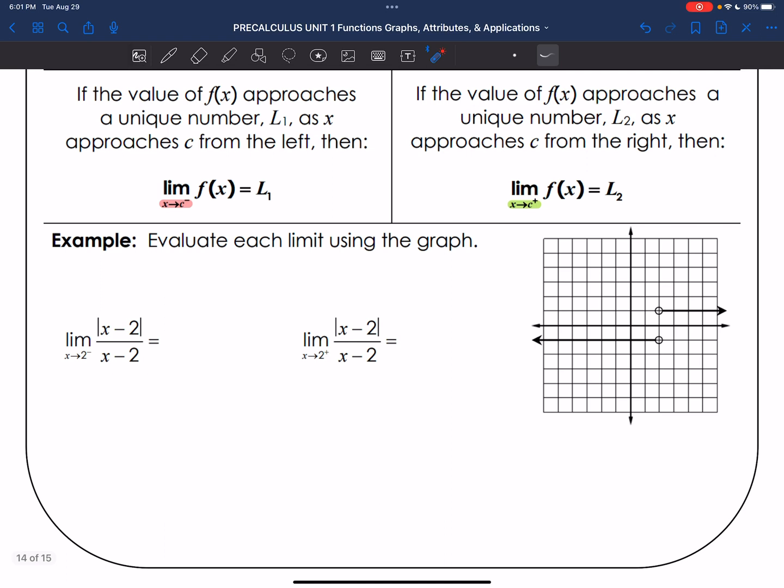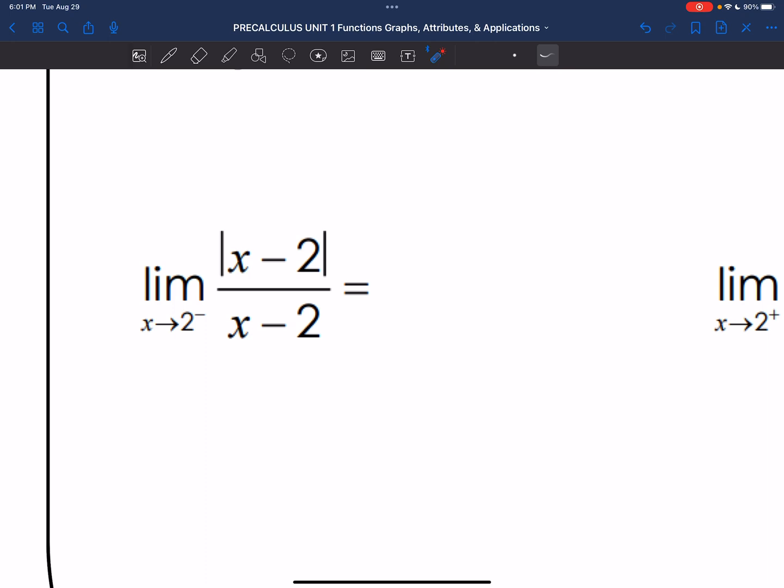Okay. So let's evaluate each limit using our graph. We'll begin here with this. We're taking the limit of this rational function. Now let's read what the limit actually is. We're saying find the limit of this as x approaches 2, and what does this mean right here? That little negative up there means